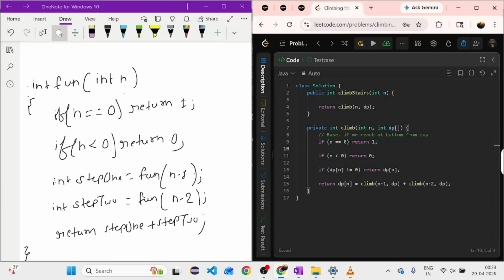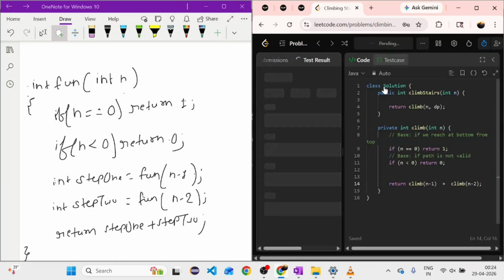So it means this path is correct. But base case 2: if the path is not valid, meaning we reach below the 0th index, in that case this path is not valid and I will simply return 0, right? So this is the way. Here, firstly I have called for 1 step, climb 1. Then again I have called this at the same place and taken 2 steps at a time, right? And we have solved it.